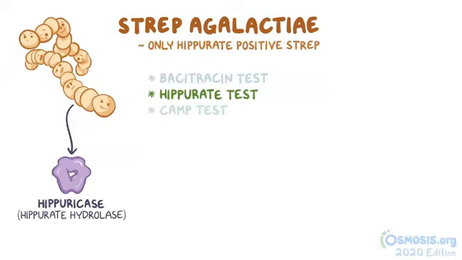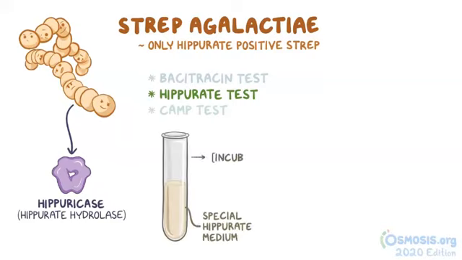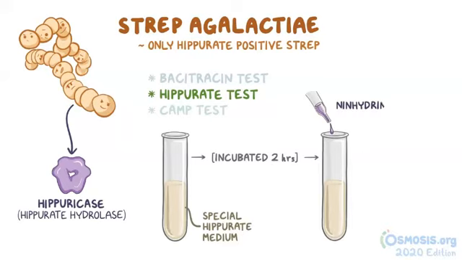To test for this, a colony of bacteria is transferred from the culture to a test tube containing a special hippurate medium, and incubated for 2 hours. Then a few drops of a substance called ninhydrin are added to the mix. With Strep agalactiae, hippuricase converts hippurate to glycine and benzoic acid, and glycine reacts with ninhydrin, making the mix turn